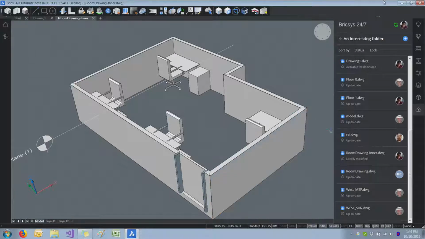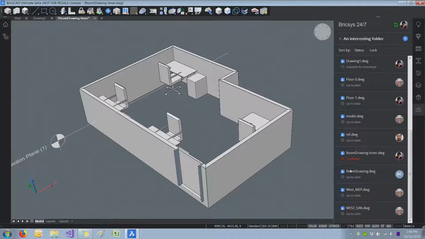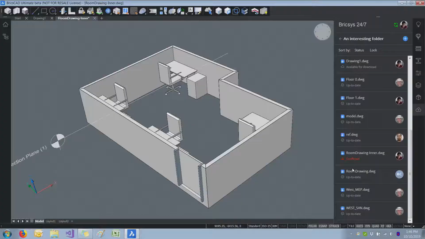And here now when I refresh, it shows me the status is conflicted. This is important to note because if you make local modifications to your drawing, you should be aware that somebody else could modify the drawing, yours could go out of date, and there's a conflict, because now if you upload your changes, you're going to lose the other guy's changes. So we don't force you to work in a certain way here. Many times people work perfectly fine without any conflicts, but if you want to really avoid this situation,